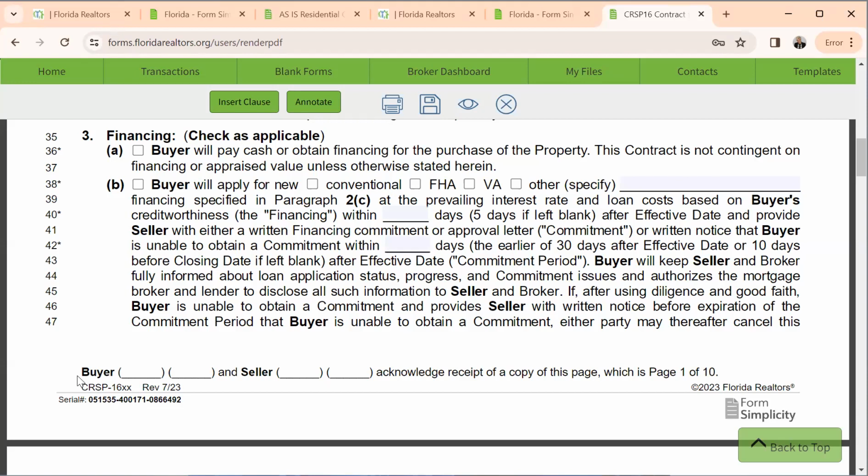I'll send it right back. It invalidates the contract that we use. So this is the realtor's contract. What we use,